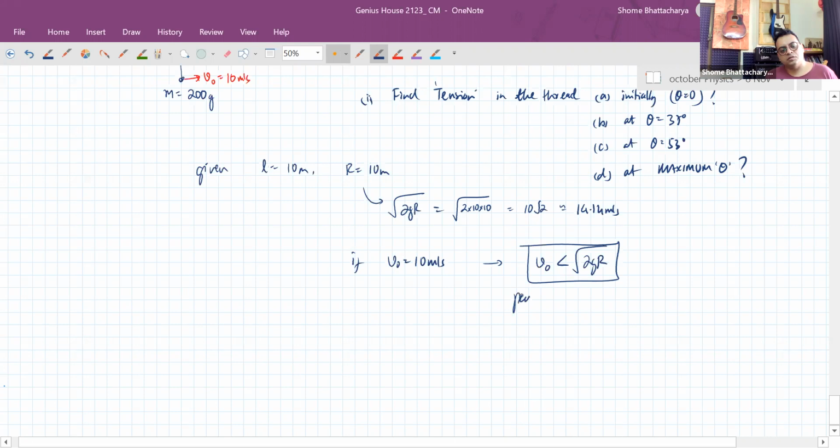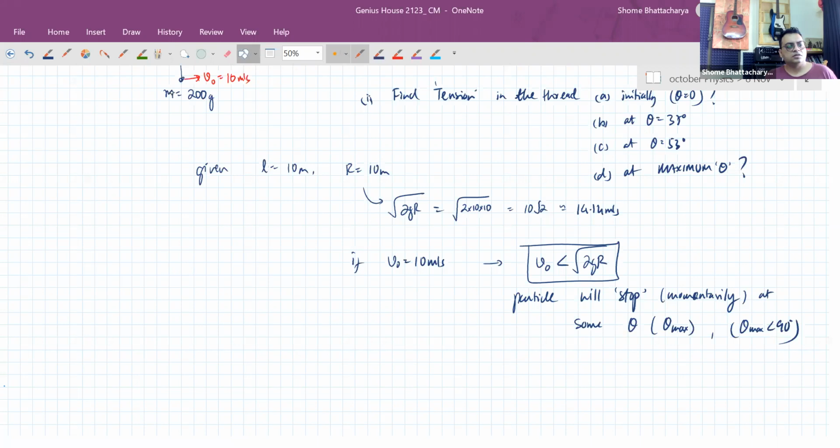So the particle will stop momentarily, that is, will not remain at rest, but only stop momentarily at some theta, which is going to be our theta max. Less than 90 degrees. So we can just analyze this simple situation like this, that